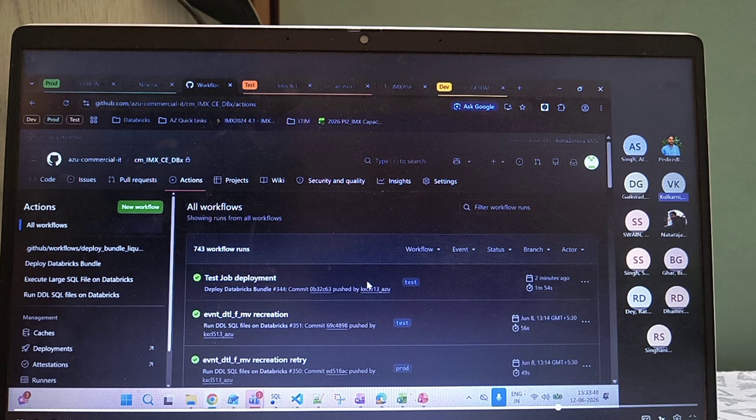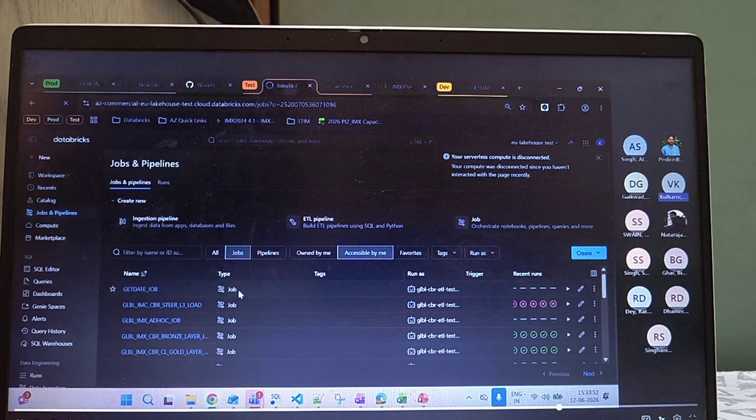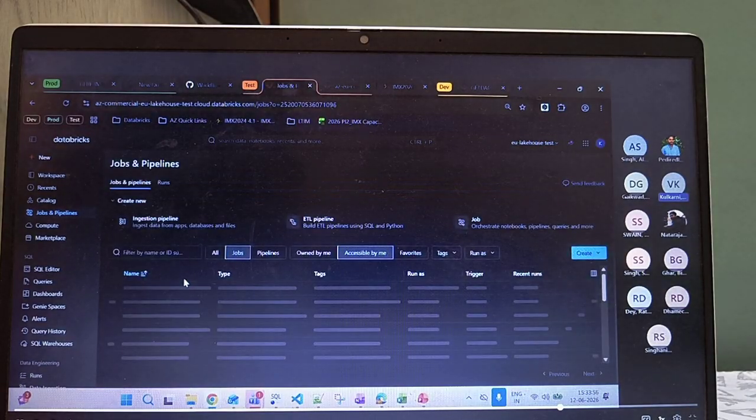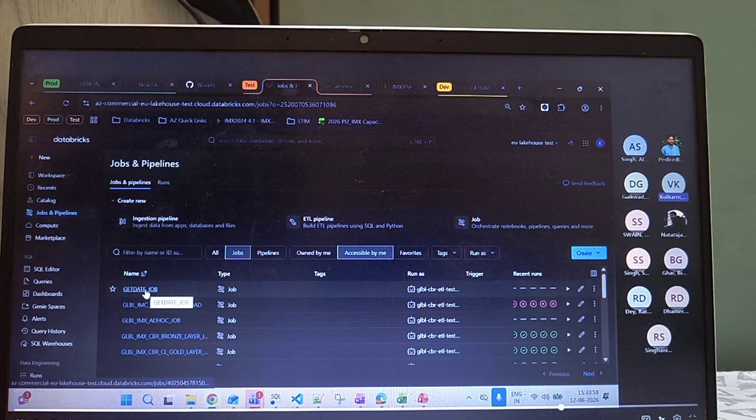Okay, it's deployed now. So test job deployment has been done. So now if I go here, you can see the gate job, right? Even before refresh, it showed me. So the gate job is here. So now if I run this job,